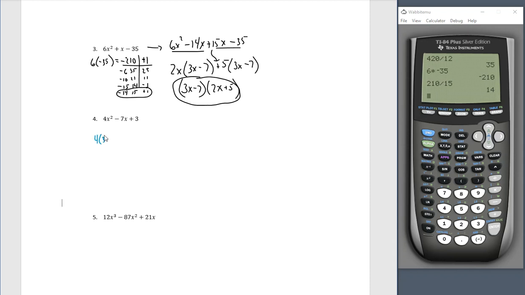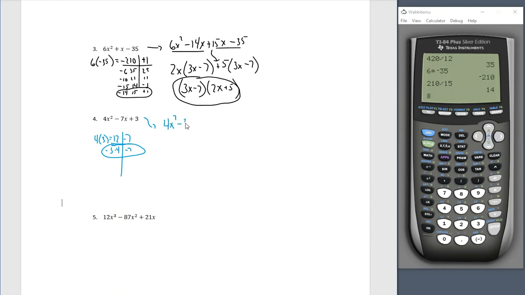We take the 4 times the 3 to get 12. And we want to add to be negative 7. So it looks like this is going to be a negative 3 and a negative 4. Right? Negative 3 times negative 4 is a positive 12. Negative 3 plus negative 4 is a negative 7. So this becomes